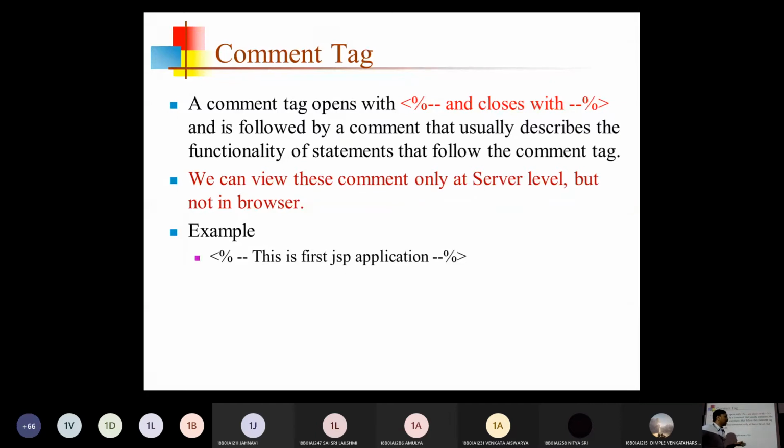The content enclosed within percentage hyphen hyphen will simply be ignored by the JSP compiler. For user-understandable statements, if you want to write them, we can write them as comments in the JSP starting with percentage hyphen hyphen. See the example: angle bracket percentage hyphen hyphen, this is the first JSP application, hyphen hyphen percentage angle bracket.